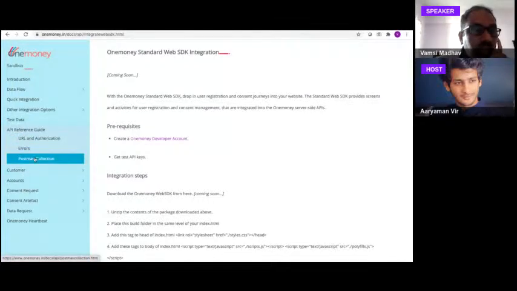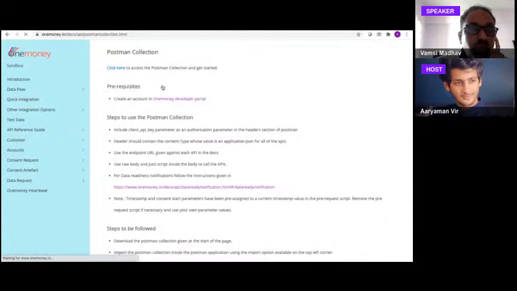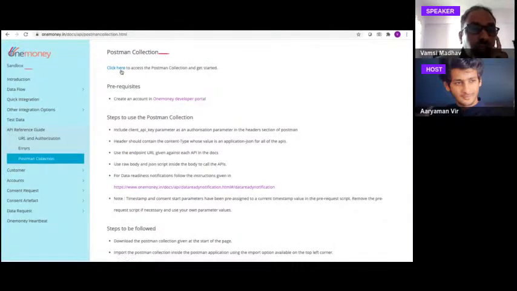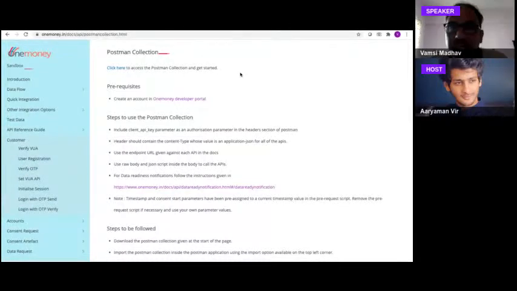We've got a Postman collection. So we're going to update the Postman collection shortly. Right now, it's got the Postman collection for just what are called the Rabbit APIs or the standard APIs. The registration APIs Postman collection is not yet up here, but it should be up there by tomorrow night. Right. So yeah. So with that, perhaps I can just